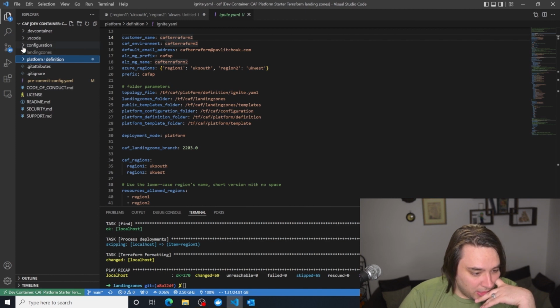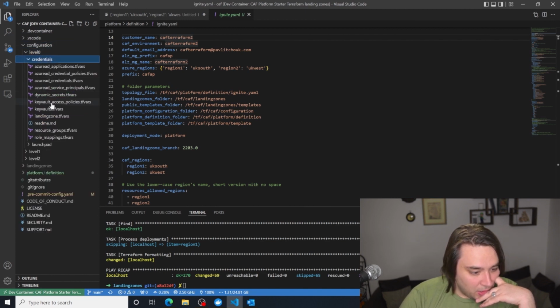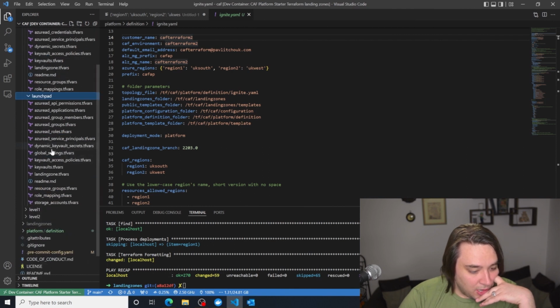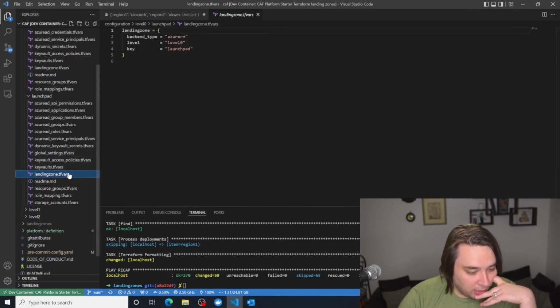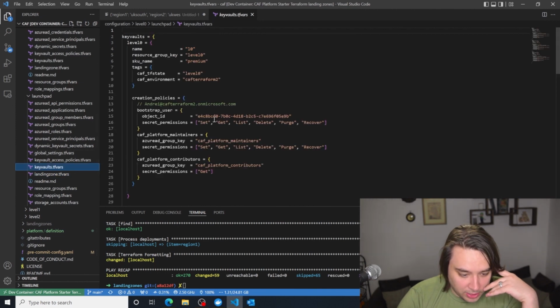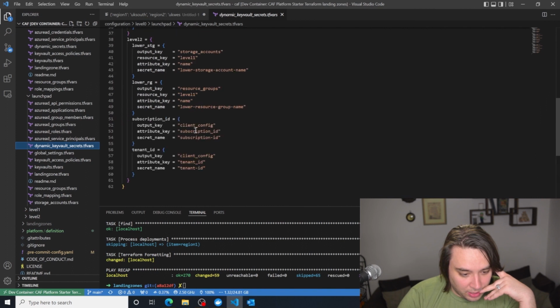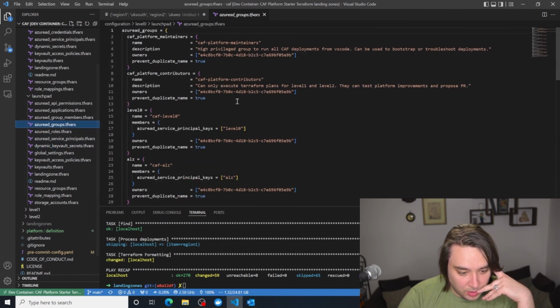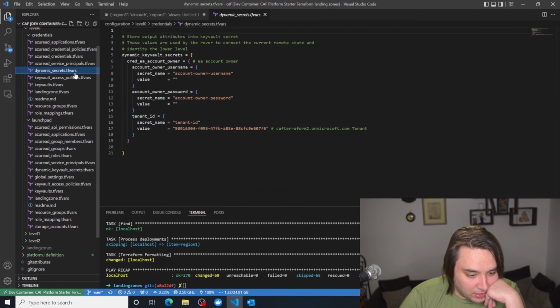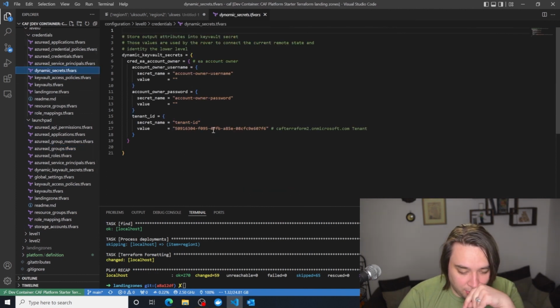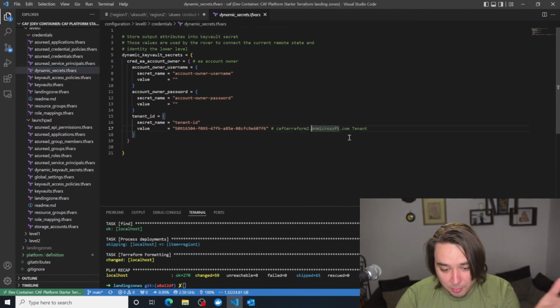So we can now see that within here we have a bunch of TF-Vars files, and what's really cool is that if I go into and explore this, my object ID and my permissions have actually taken that subscription that I had on board, and this is what's going to work with us. So it's already filled in the tenant ID. It already set what CAF Terraform 2 on Microsoft.com.